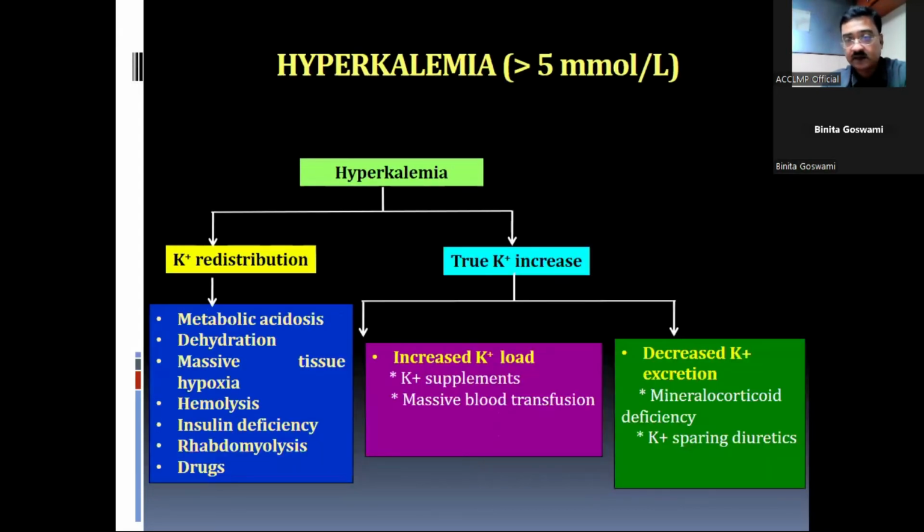Hyperkalemia can occur because of metabolic acidosis, dehydration, massive tissue hypoxia, hemolysis, insulin deficiency, particularly diabetic ketoacidosis. It can also happen with rhabdomyolysis and some drugs, obviously, which raise potassium. Increased potassium load can happen with potassium supplements, massive blood transfusion, etc. And particularly in Addison's disease, where urinary potassium loss is less, it leads to storage of potassium in blood, or sometimes excess use of potassium sparing diuretics, which can also